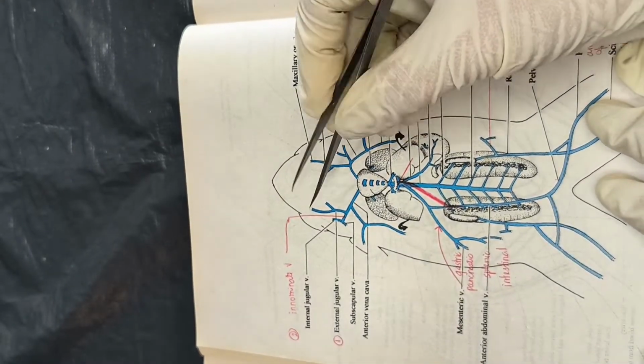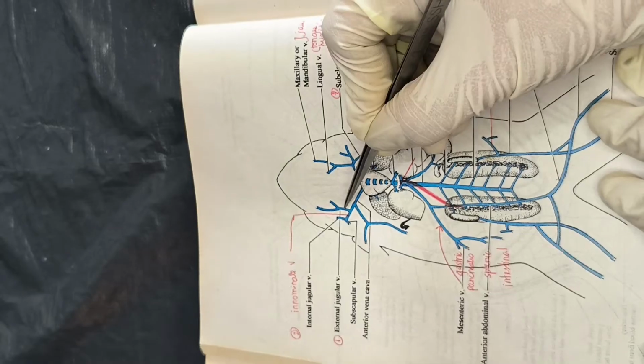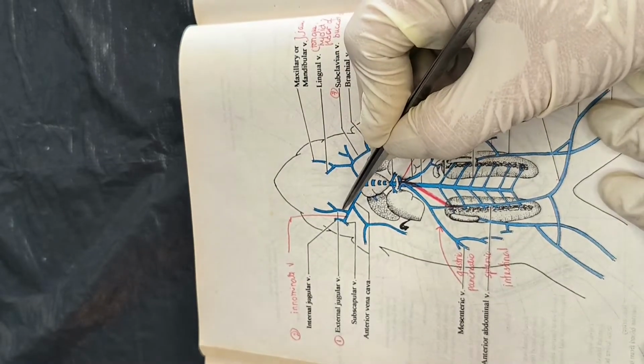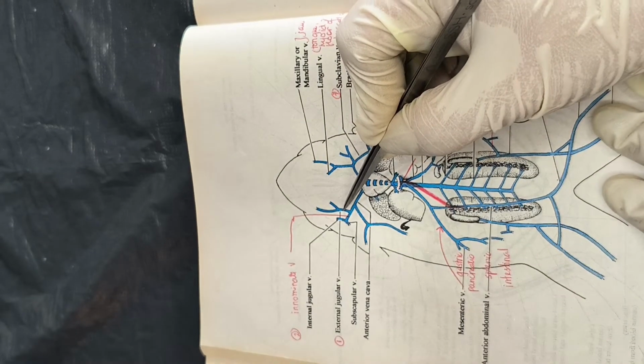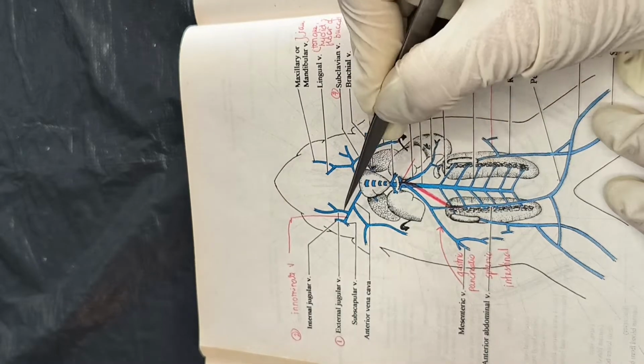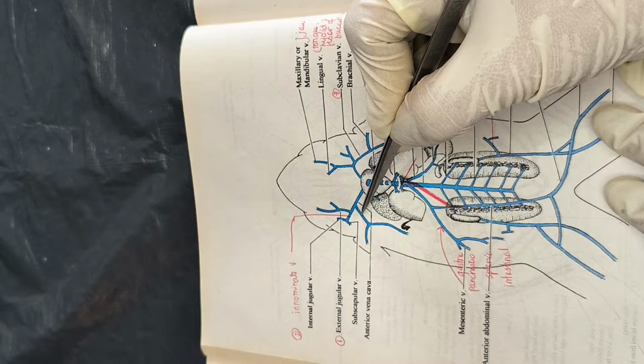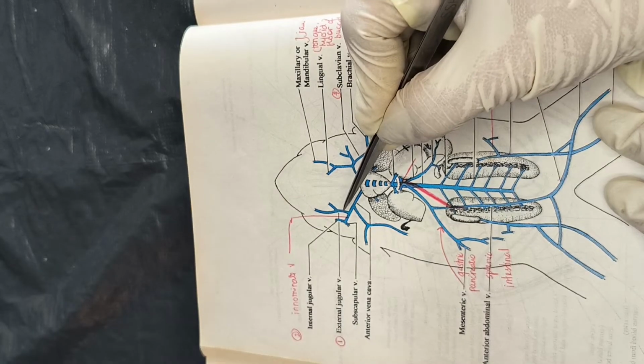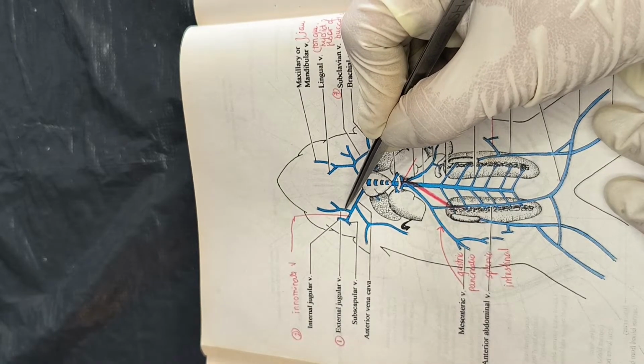The first branch of the precava is the external jugular vein. Second is the middle innominate vein. And the third is the subclavian vein. From each branch, again, arise